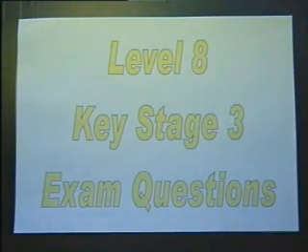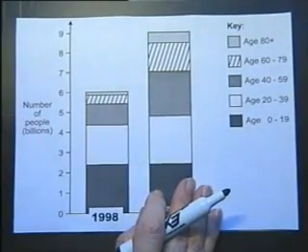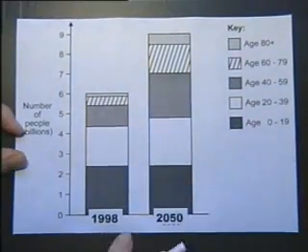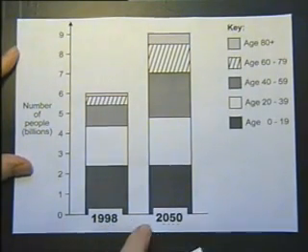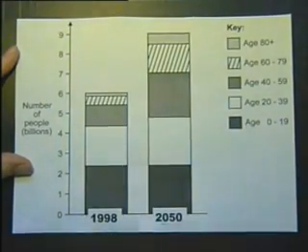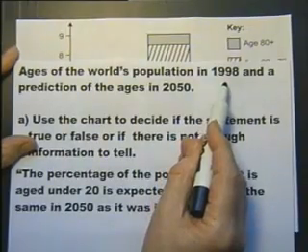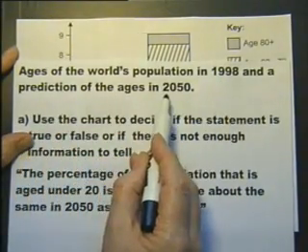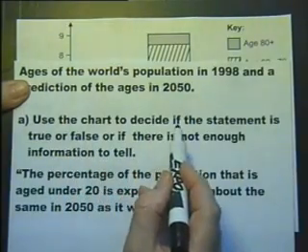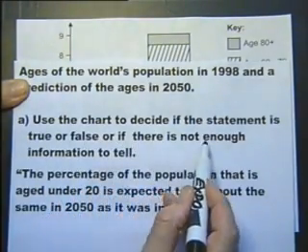Level 8 Key Stage 3 exam type questions. Got a bar chart about the number of people in billions in the year 1998 and projected for the year 2050, and different age ranges. Several questions. So here it is, ages of the world's population in 1998 and a prediction for the ages in 2050. Use the chart to decide if the statement is true, false, or if there's not even enough information to